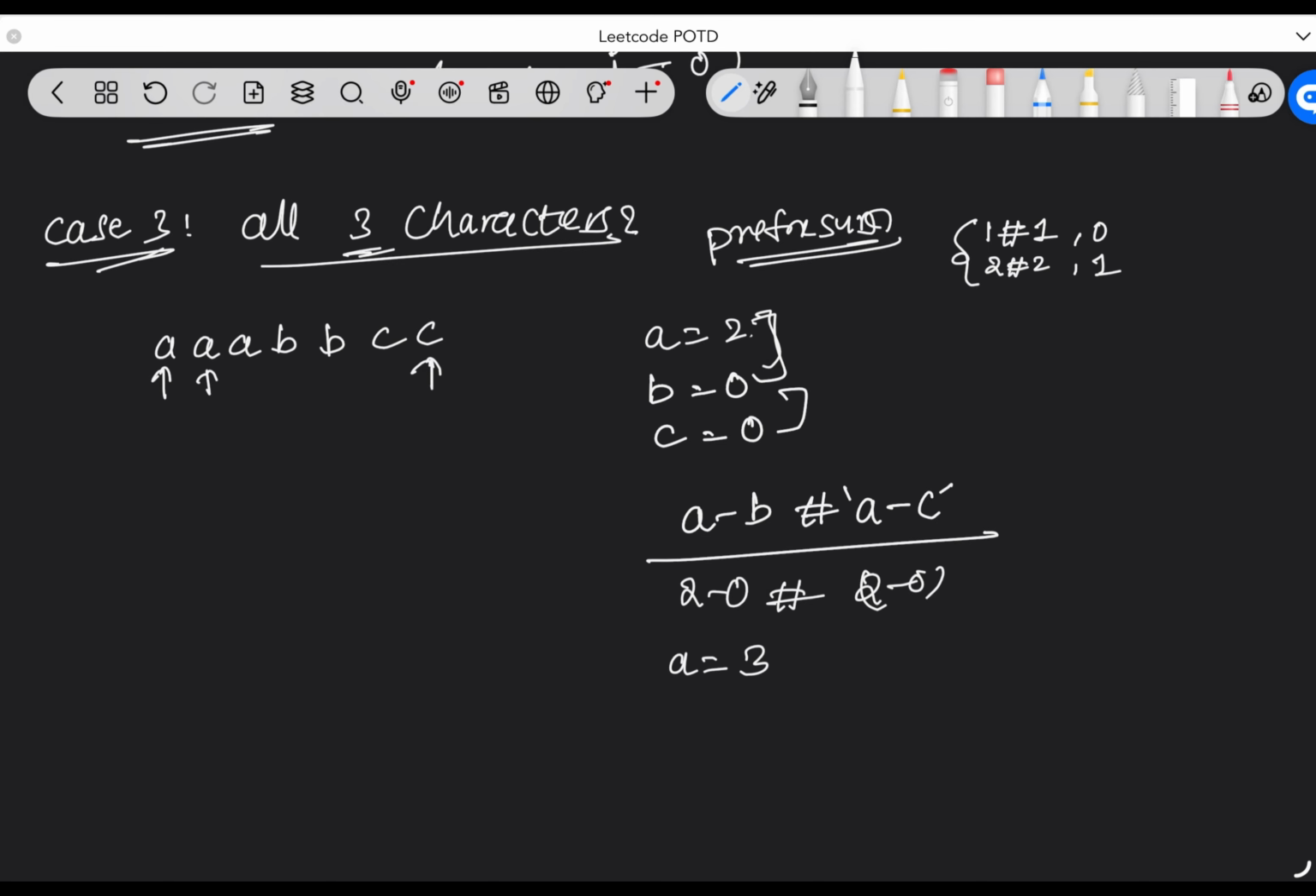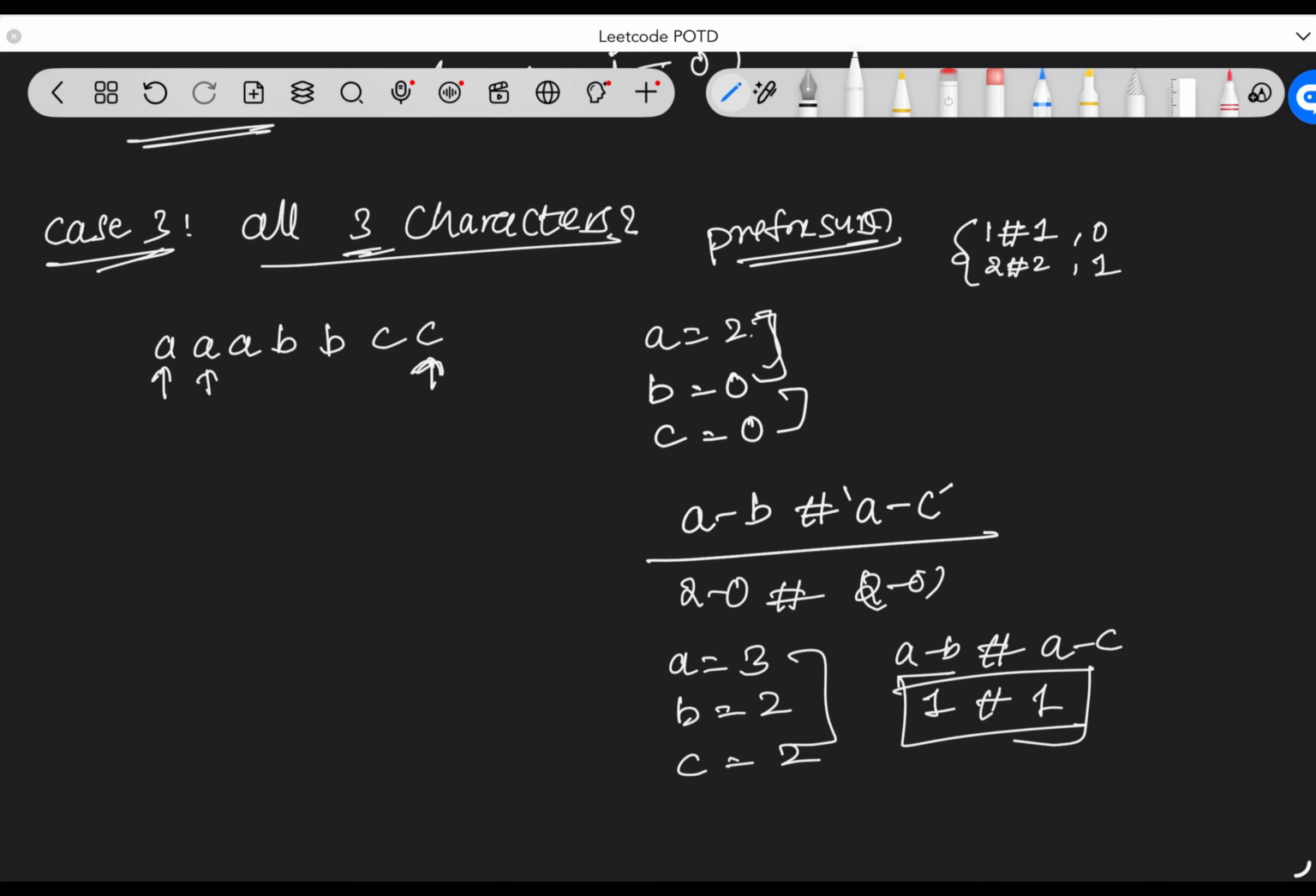Now when we are at this index, what is A's count? A's count is 3, B's count is 2, C's count is also 2. Now if you see the difference, A minus B hash A minus C. So what is A minus B? 3 minus 2 is 1, and A minus C, 3 minus 2 is 1. So if you see, we have seen this hash before, where? At index 0. So that means the string between these two indexes is a